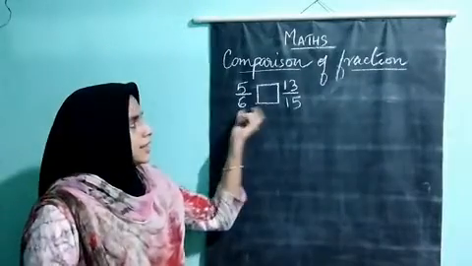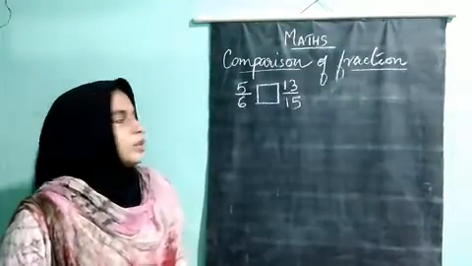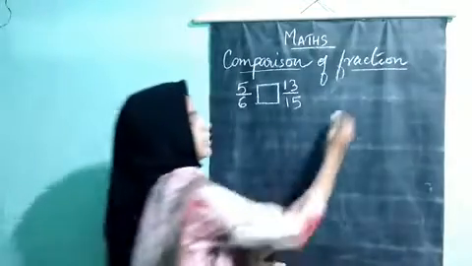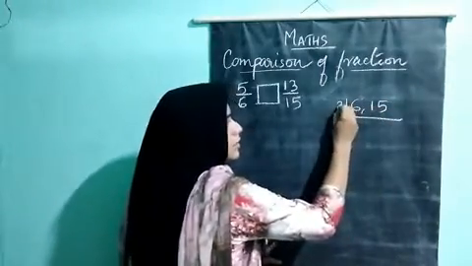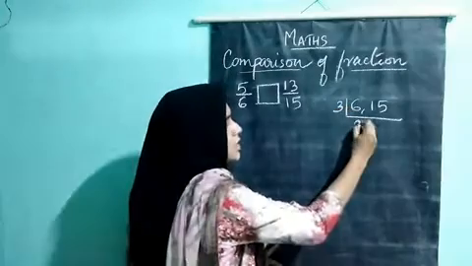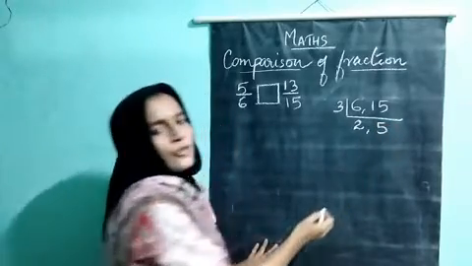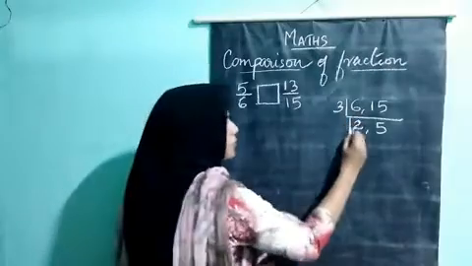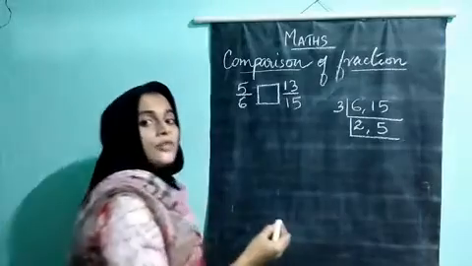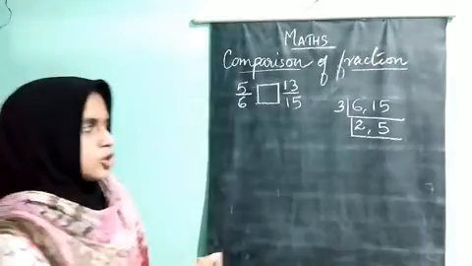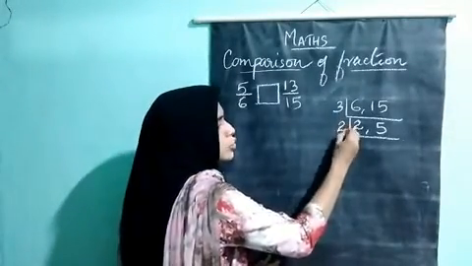Here also you can see that the denominators are different. So when the denominators are different, you should take the LCM of the denominators, that is 6 and 15. Which number is common? 3 is common here. So in 6, 2 3s. 2 3s are 6. Then in 15, 5 3s are there. So 5. Then 2 and 5. 2 and 5 are prime numbers. So there is no common factor between 2 and 5. So you can take 2 here.